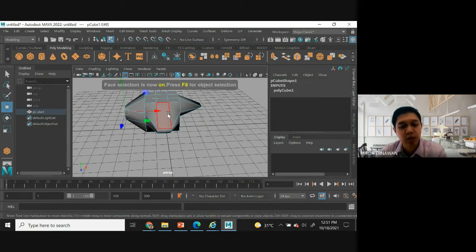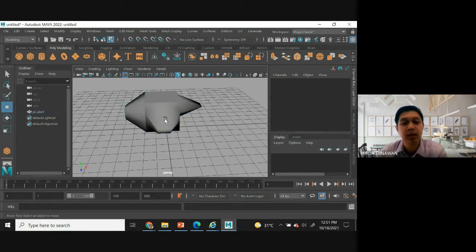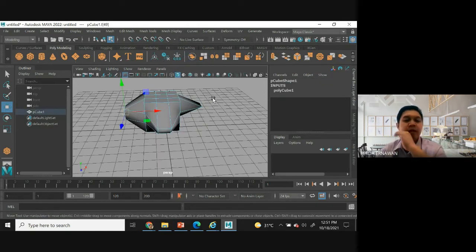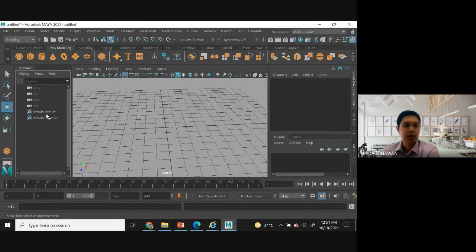So you have to know about F7, F8, F9, F10 shortcut keys. If you don't like it, right click. But some people may say, sir, better using this one. Easy, fine. If you want the shortcut key or you want to use that one. All right, that's some shortcut keys.